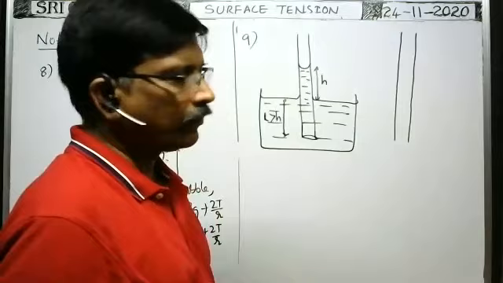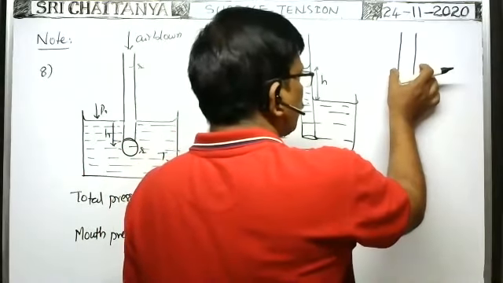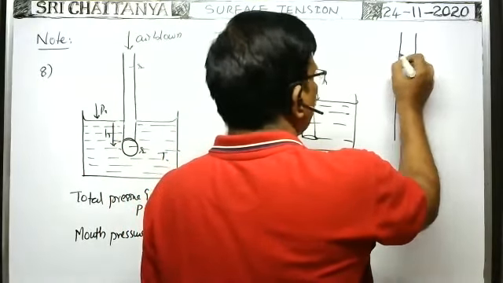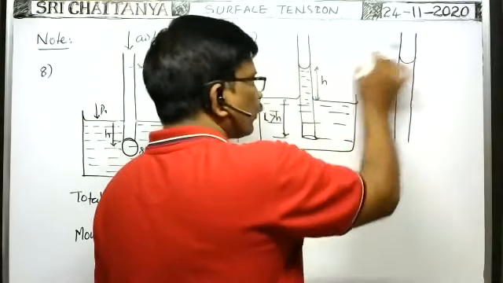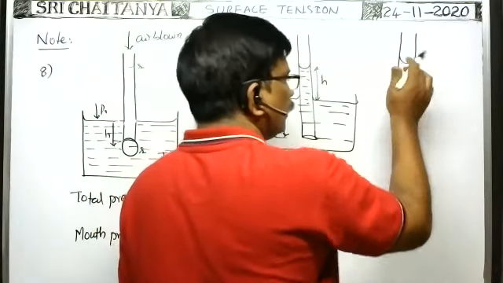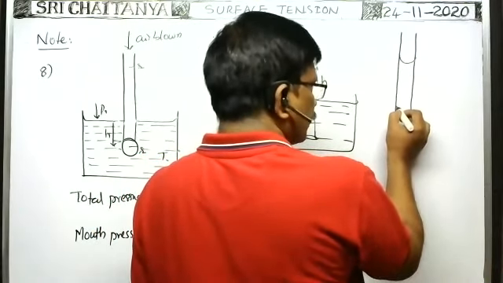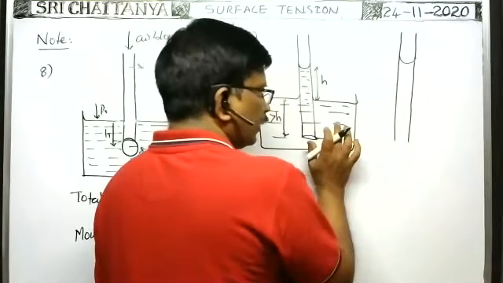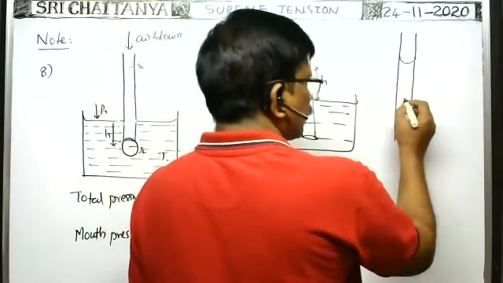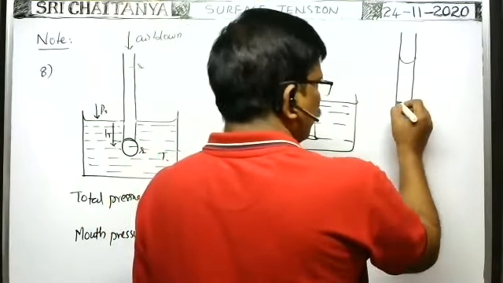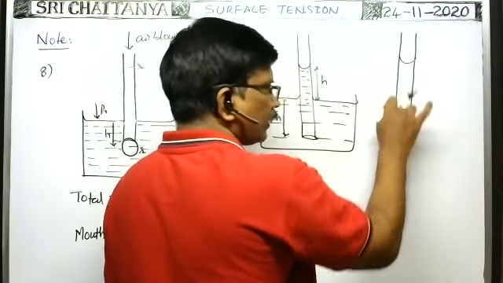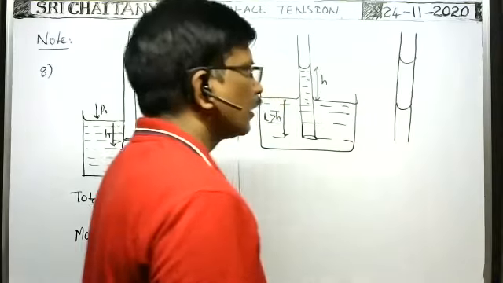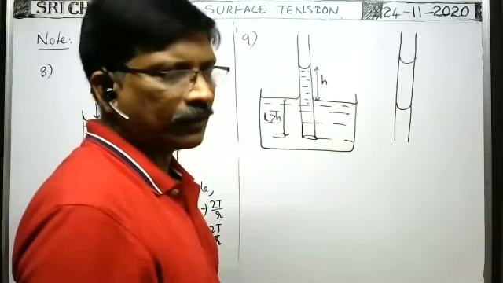That is the case. Whenever the capillary tube is kept like this, because of the capillarity phenomenon, this liquid surface is like this, no doubt. As it is taken out, the bottom surface of the liquid column is free from the liquid in the beaker. That is why the shape of the liquid column at the bottom is also like this: because of the height of the liquid column, the pressure acts at this point and the meniscus is depressed like this. That is why the shape of the meniscus is like this. Once they asked only the shape of the meniscus.